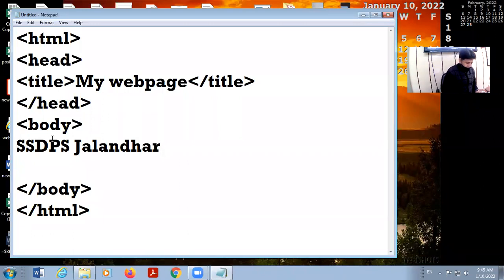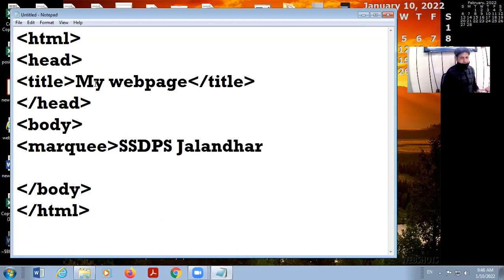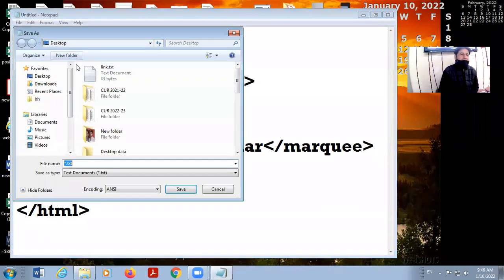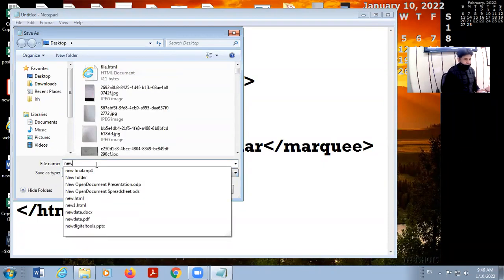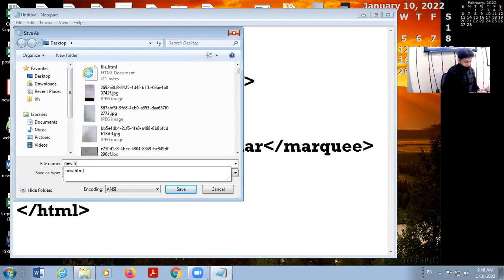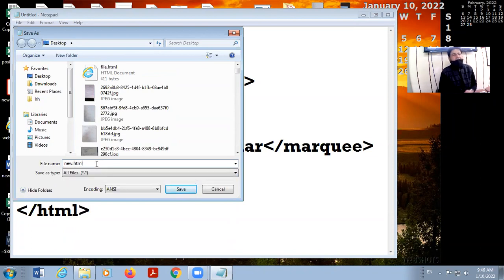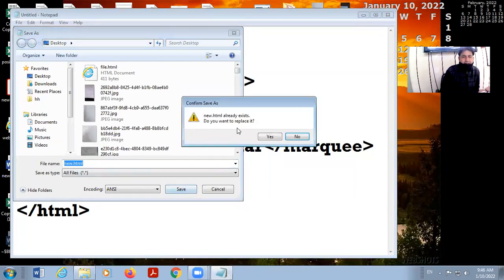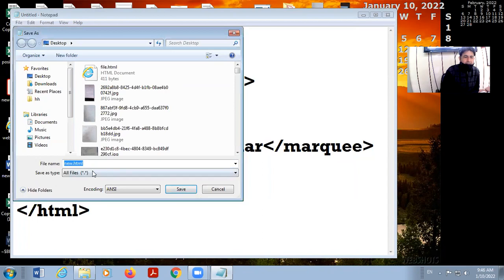For this I will have to give marquee here and marquee close. So marquee is the name of the tag. I'm saving this document on my desktop with the name new.html, because the extension of an HTML file is .html. There is already a file there, so I'm changing the name.